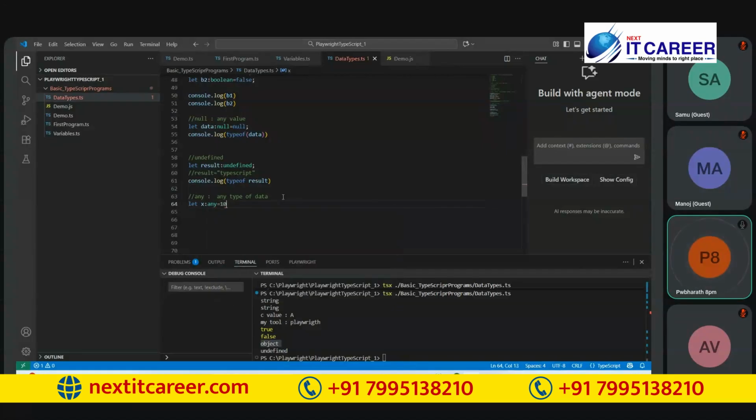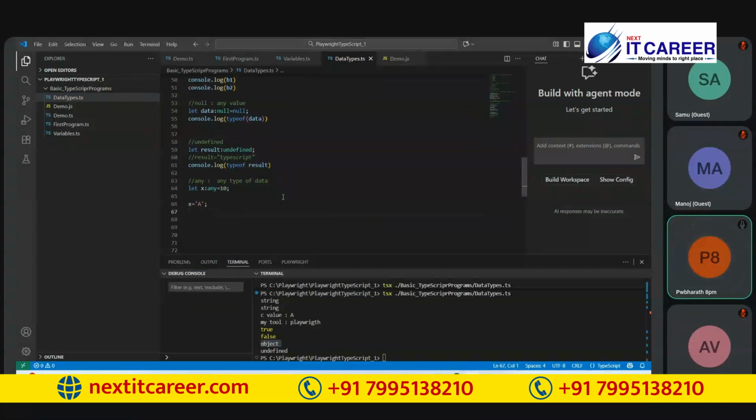It allows a number, it allows a character, and it allows a string also. Like this, any is a data type. When you are supposed to store any kind of data, we use the any data type in the variable. Is it clear?